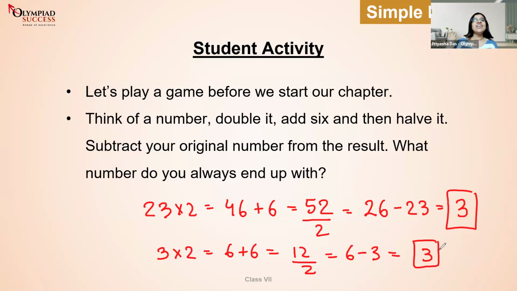So you can act as a nice magician and say this to any one of your friends or peers around and tell them that, okay, think of a number. Because whatever number they take, you're going to finally end up in a 3 only. Now, this was the fun part, but the interesting part or the mathematical relationship here is the operations which we